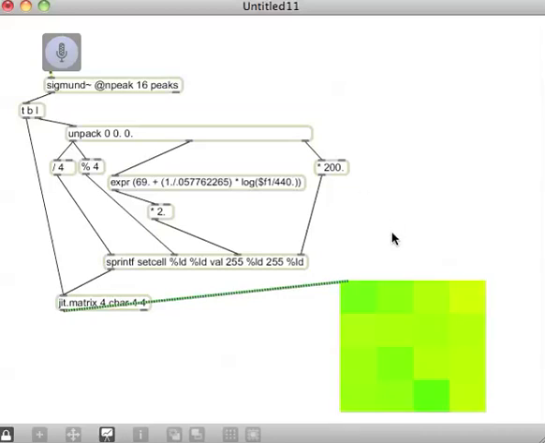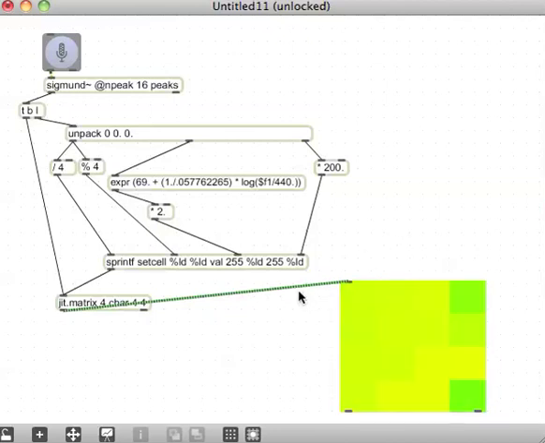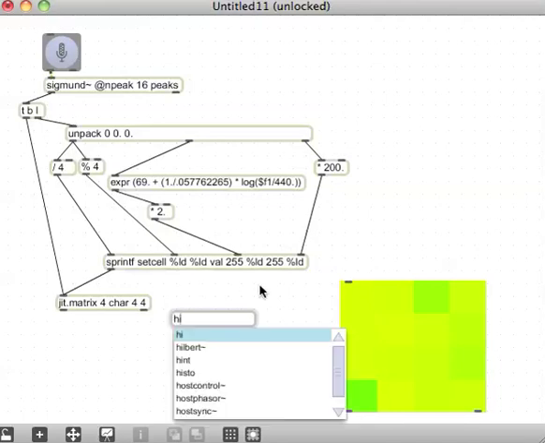Well, it's not easy being green or yellow. The reason why we've gone down this road is because we're going to actually use this JIT.matrix here as producing HSL values, and to translate those into something that you can see that makes sense,